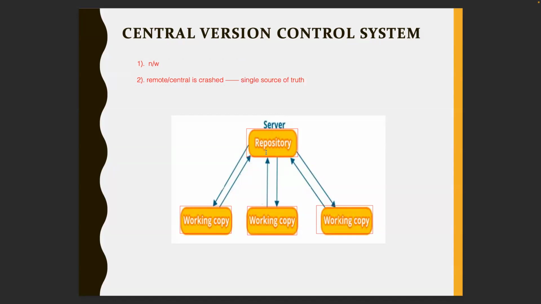So these are the challenges with this kind of architecture. To overcome this, we have the distributed one. And also let me tell you once again, examples which work with this architecture are SVN, TFS, ClearCase. These are all the version control systems which use this architecture. But we need a better architecture, better systems in modern DevOps projects or pipelines. So that's where